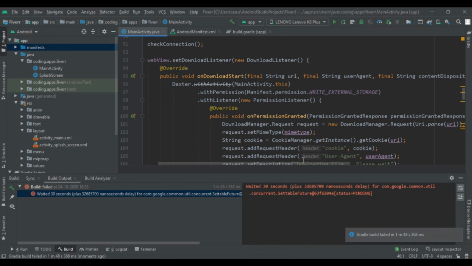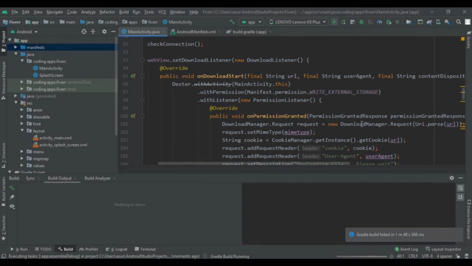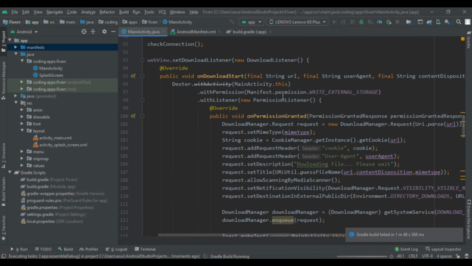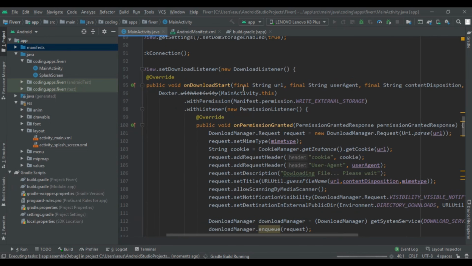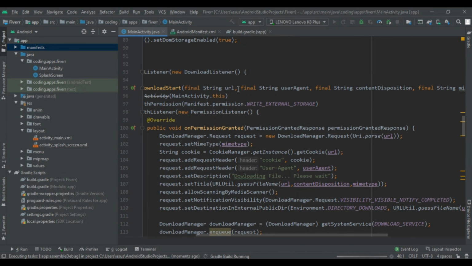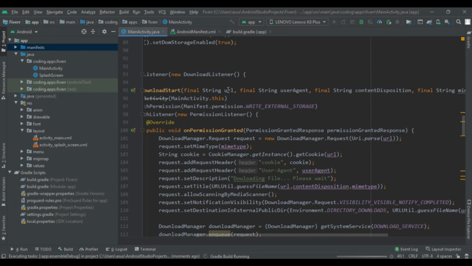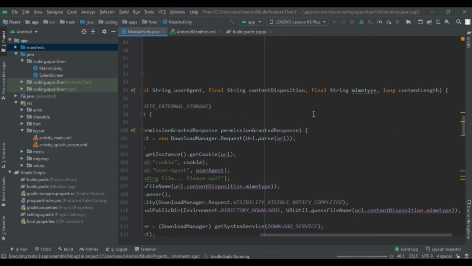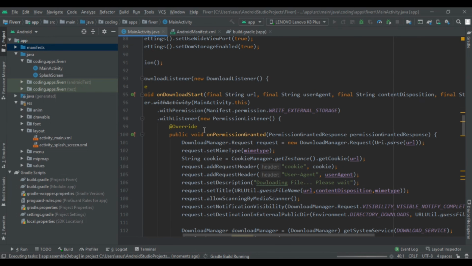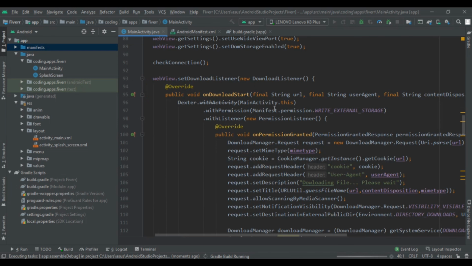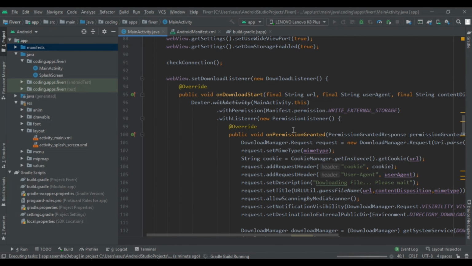Then we had added the Dexter library, and the on start method requires some types of parameters. So the first parameters are string URL, user agent, content disposition, mimetype, and content length. Then we had added our permission to it. So we had added the context, this, MainActivity dot this, then we had loaded it with permission and listener.